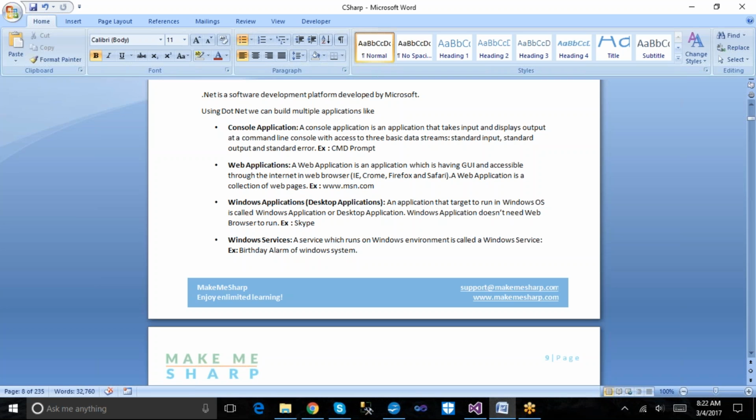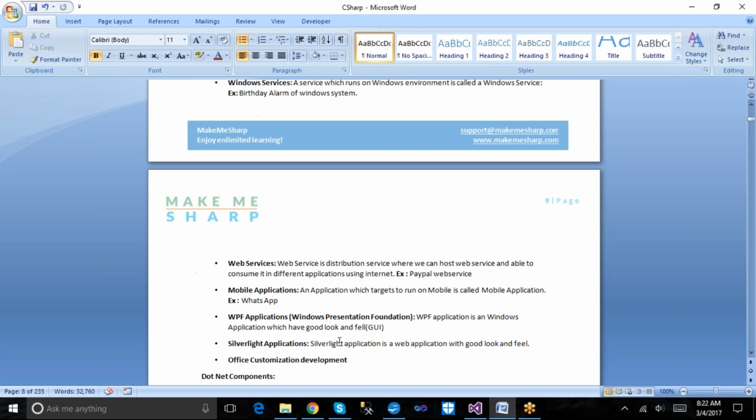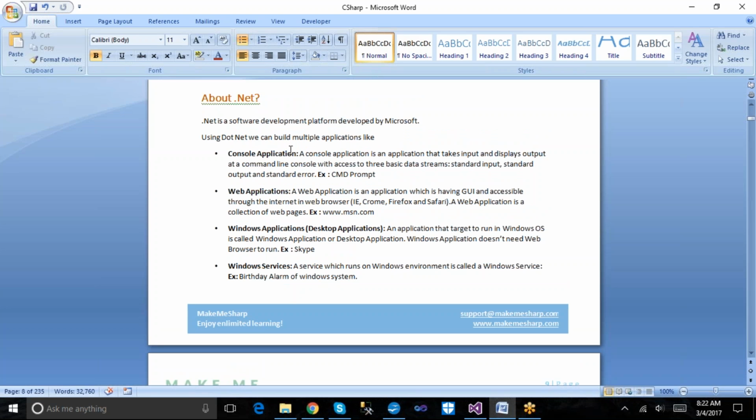I have listed all the varieties of applications here: console application, Windows application, web application, Windows services, web services, mobile application, WPF application, Silverlight application, and Office customization. Let me go through each and every type of application development where we can take the help of .NET.